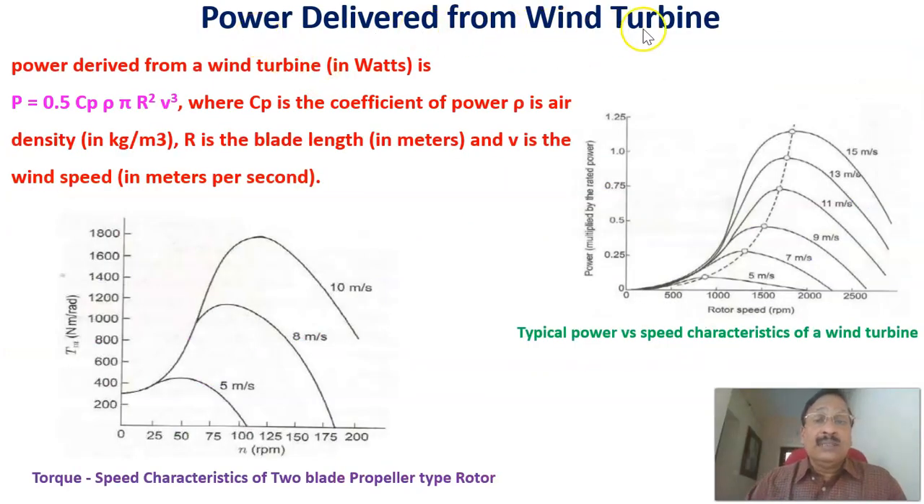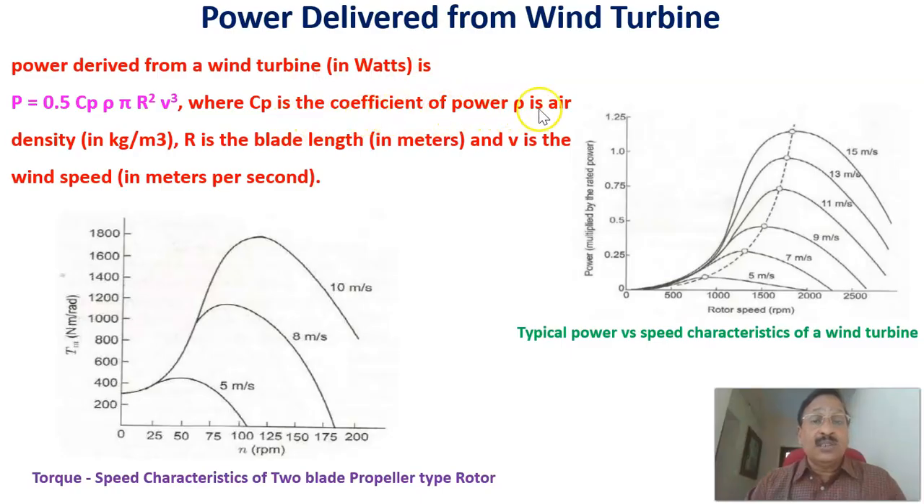Now, power delivered from the wind turbine. The power delivered from the wind turbine, in watts, is P equal to 0.5 into Cp into rho into pi r square, that is A, into V cube. Pi r square is A. Therefore, 0.5 Cp into rho into pi r square V cube is the power delivered from the wind turbine, where